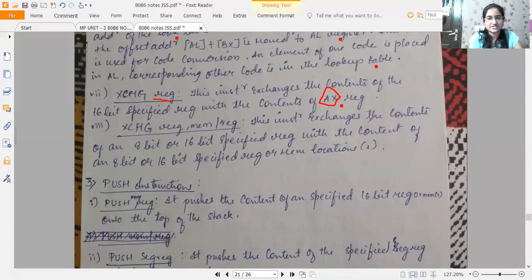The instruction exchanges the contents of the 8-bit or 16-bit specified register with the content of an 8-bit or 16-bit specified register or memory location. There is no default register here. Both the registers mentioned here have to match in size. Or this can be a memory location also.